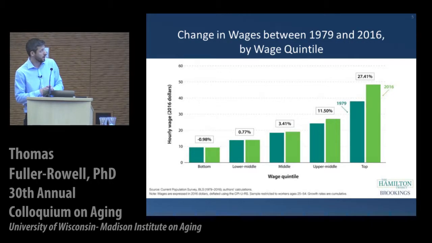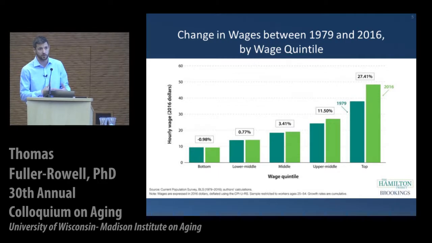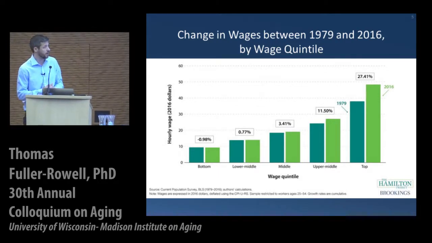The dark green bars represent wages in 1979, and the light green bars represent wages in 2016. So we're looking at how wages have changed over this period of time for each 20% group of the population. We can see again that really the bottom 60% of the population has shown very little change over time in wages. And of course these numbers adjust for inflation so that the purchasing power of the dollar is actually consistent across the 2 years that we're looking at.